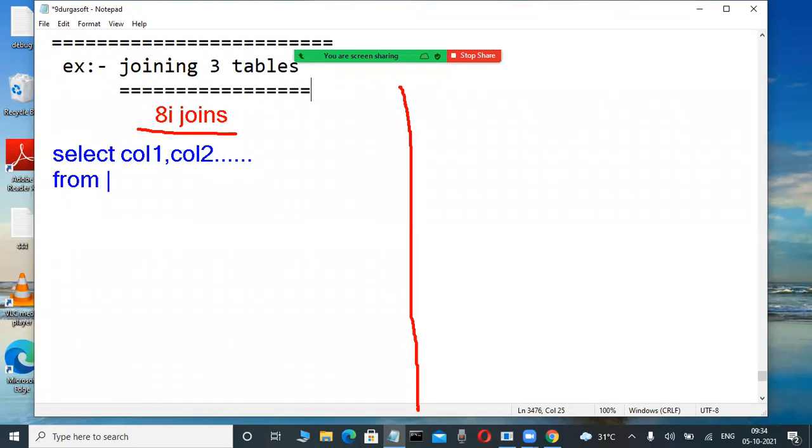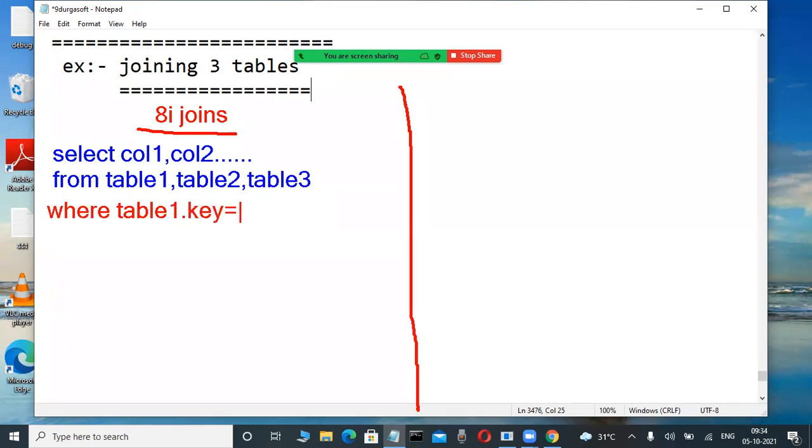From table name 1, comma, table name 2, comma, table name 3. For example, three tables. In an 8i join, which clause is there? The where clause, very good. Where table1.key column is equal to table2.key, they are giving this up to now. Then next we are using